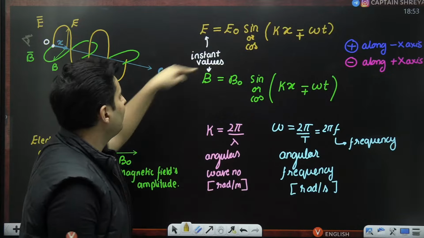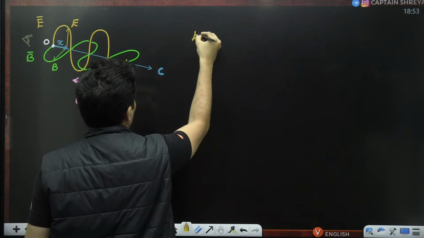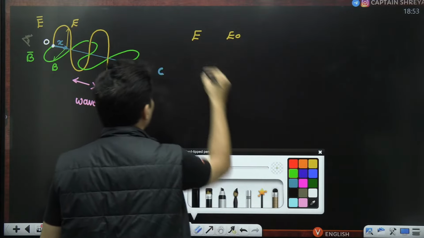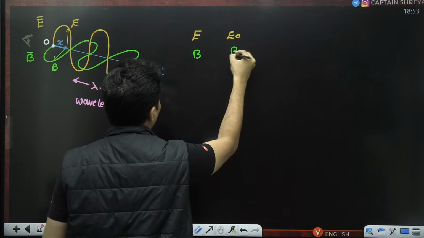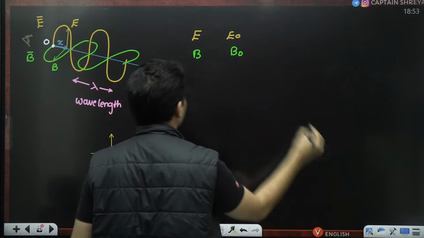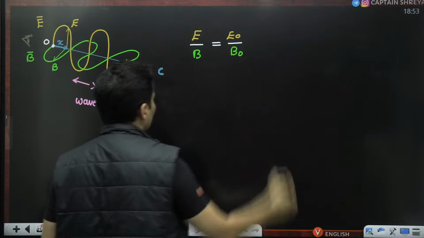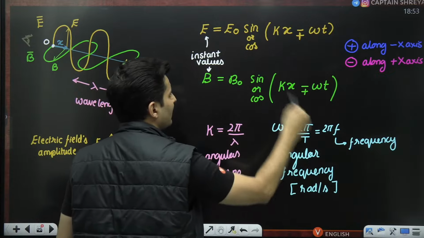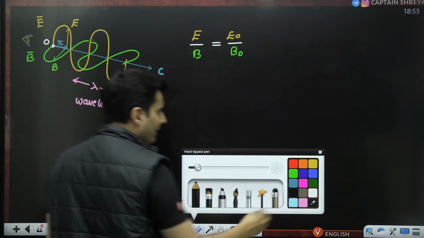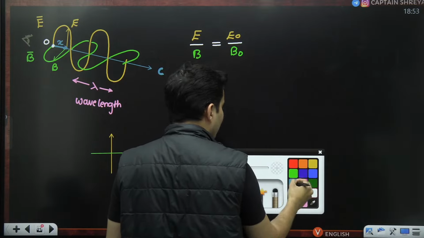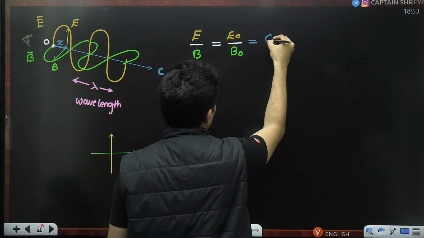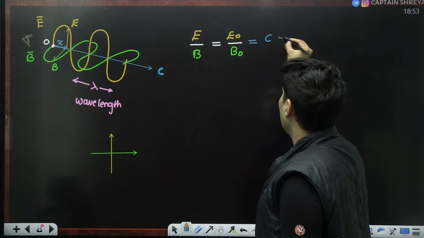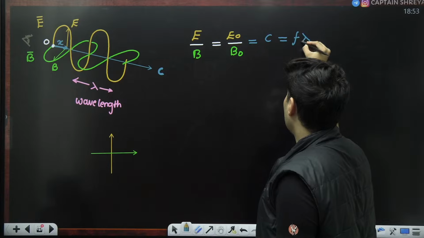If you divide E with B, if you divide electric field with magnetic field, it is as good as saying you are dividing electric field amplitude with magnetic field amplitude. Both of them will be in obviously the same ratio. If I divide E naught with B naught, same thing, because this and this will get cancelled. This ratio is exactly what is going to give me the speed of light, which is also f times lambda,